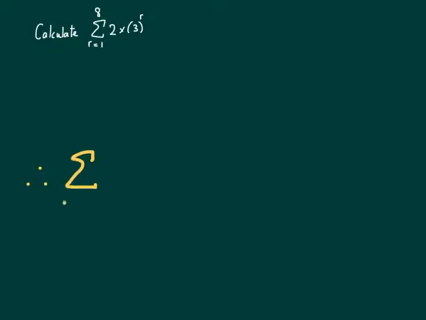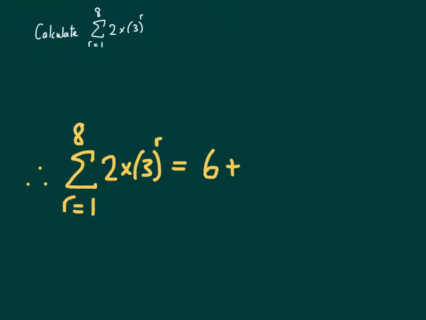So if we generate our sequence first, we've got the sum of r equals 1 to 8 of 2 times 3 to the power r. It's going to be 2 times 3 to the power 1, which is 2 times 3, which is 6, plus 2 times 3 to the power 2, which is 2 times 9, which is going to be 18,